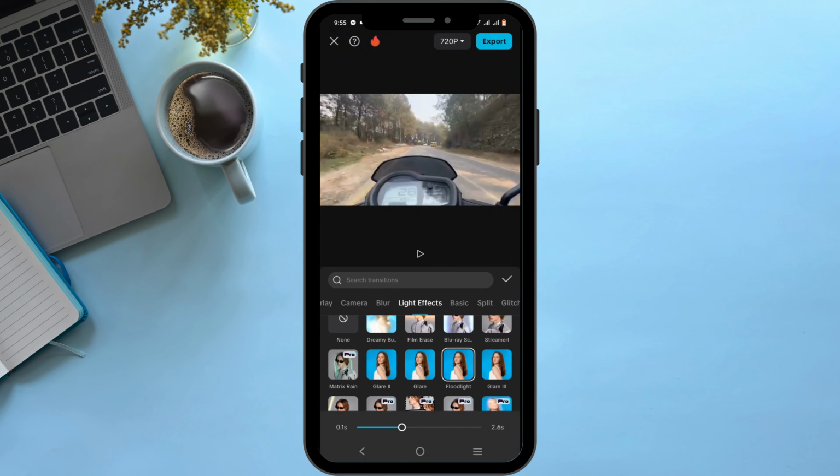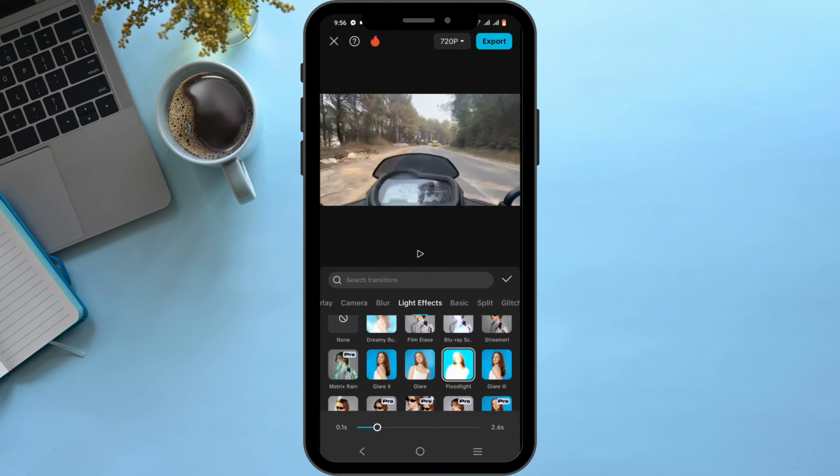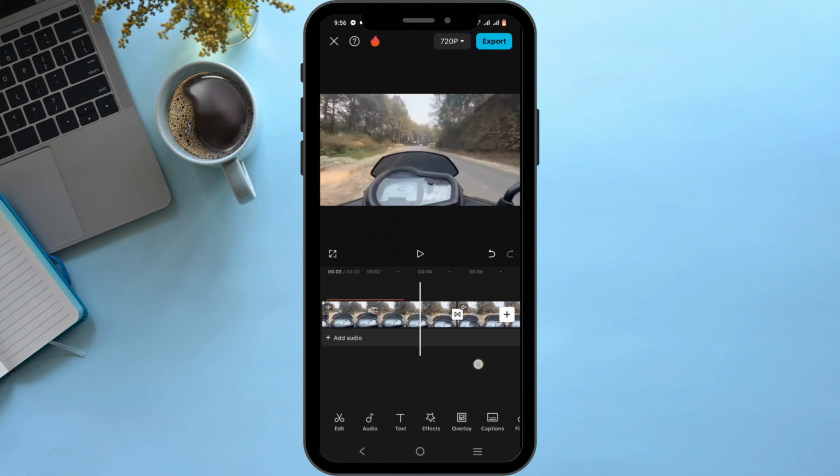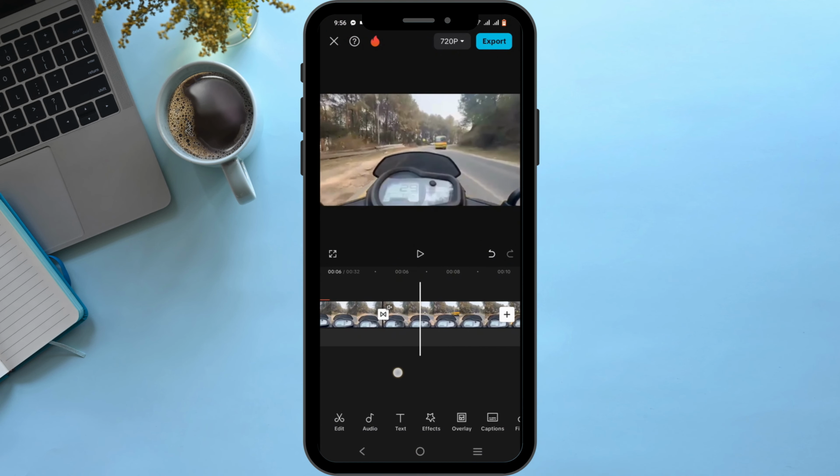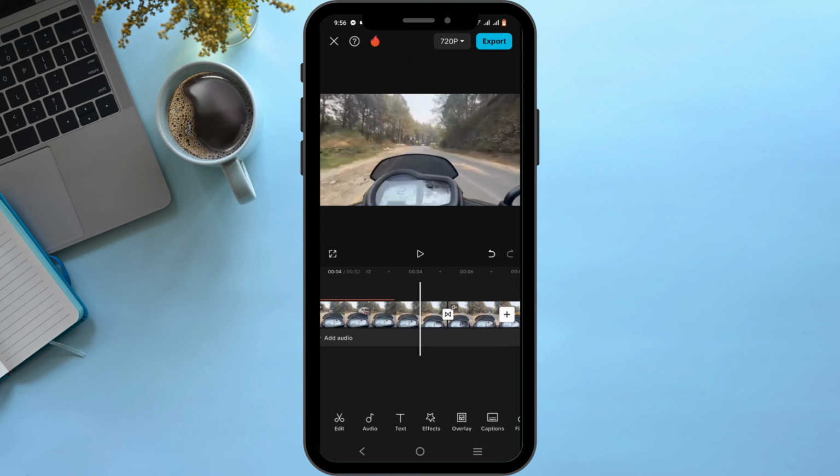Then to adjust the duration of the transition, just drag the transition duration to increase or decrease it. It will minimize or increase the speed or the duration of the transition. And that is how you add a